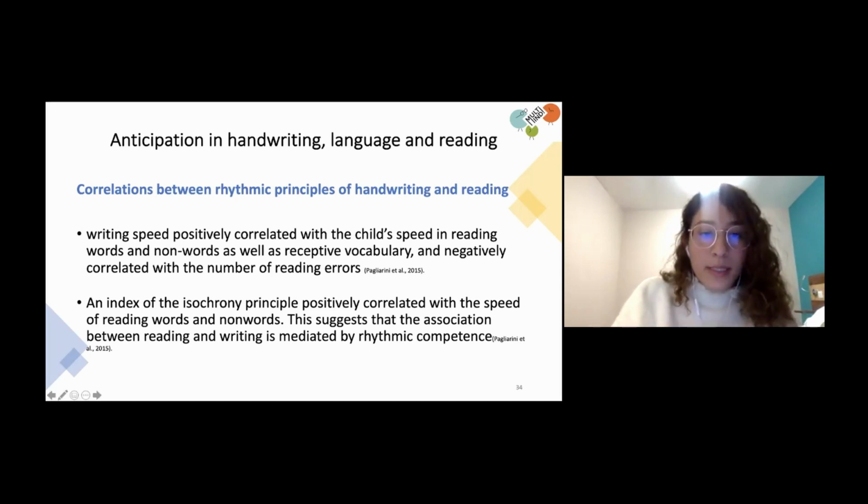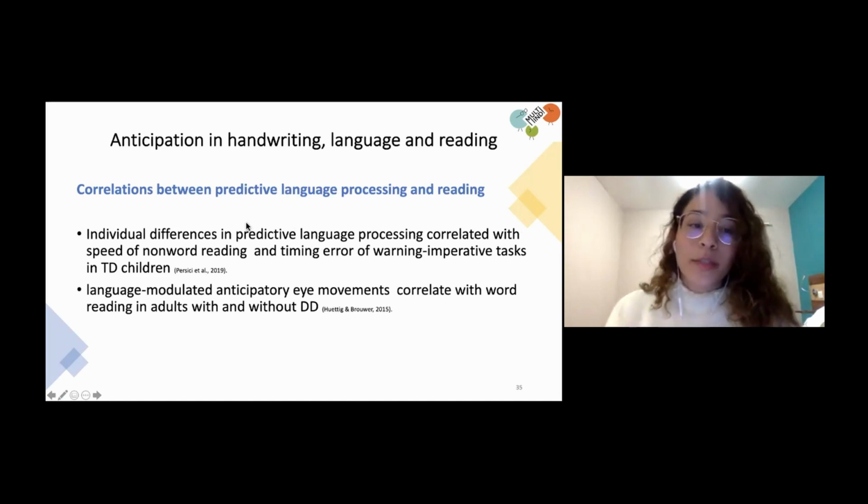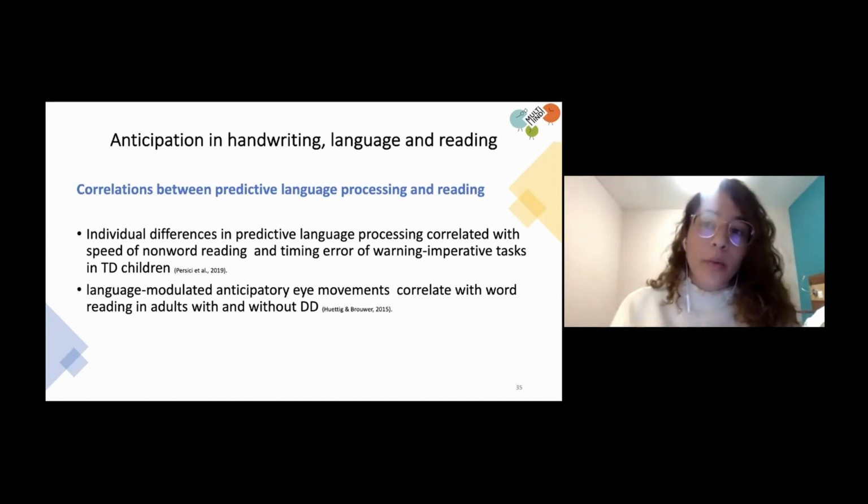There also seems to be evidence showing that there are correlations between predictive language processing and reading. For example, the ability to look at the target before it is said in a sentence has been shown to be correlated with reading ability in adults. Studies have also shown that individual differences in predictive language processes also correlated with the speed of reading non-words, and that it also correlated with the accuracy of children to anticipate beats on the warning imperative task,